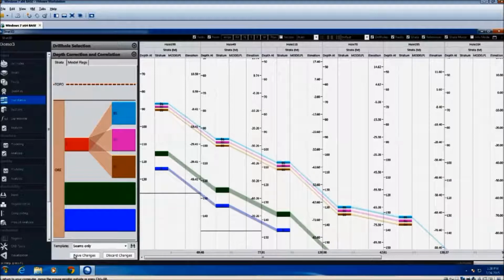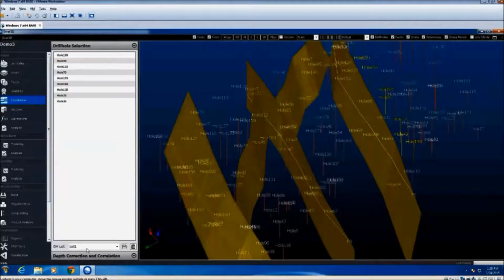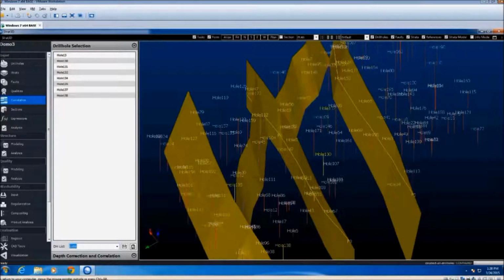Similar to the old version, you can save various templates of what data you want to see. So let's say we want to see that last data that I brought in earlier, and it's not very impressive, I admit. I only had last data for 3 holes, so let's quickly go and have a look at that. And you'll see I highlighted all these holes that are in yellow. Those are the holes that appear in this list. As we go and view them,